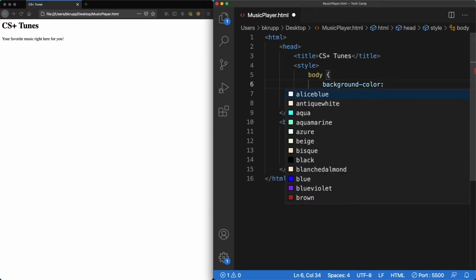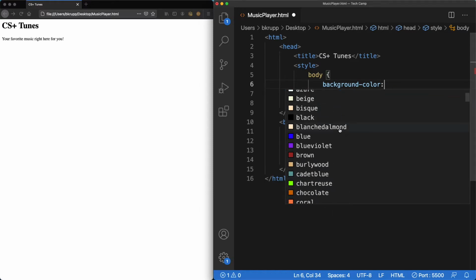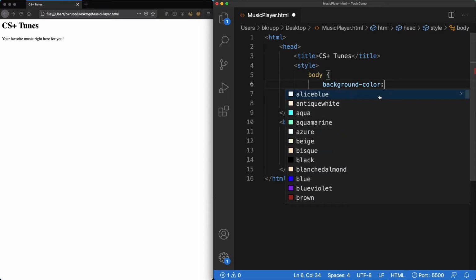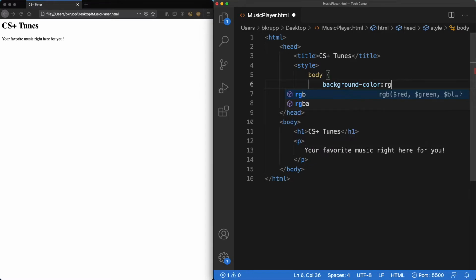And I'm going to specify a color. And the way I'm going to specify that color is I'm going to use RGB values. So RGB meaning red, green, blue. I could type out one of these colors that they have here, but I want to be a little bit more specific. So the way that this works is when we provide an RGB color, we can provide a number